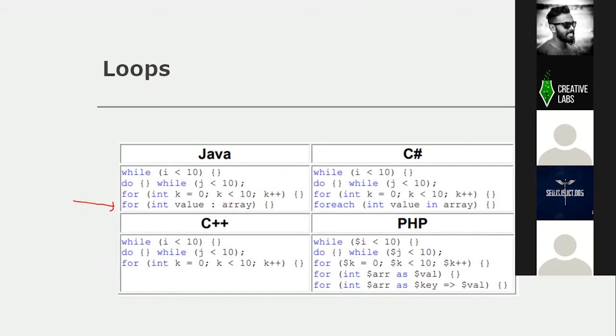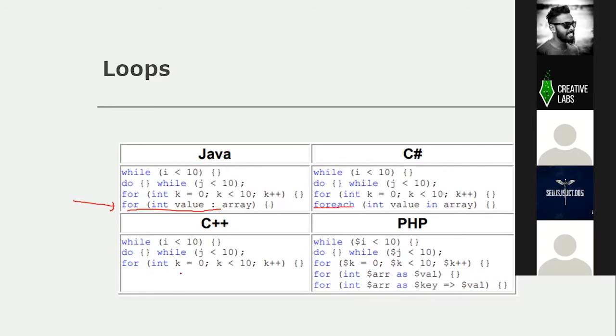So if you are traversing through an array, checking each and every value from an array, you can use this one. This is some kind of for each loop. And the same implementation is done something like this in C#. So here we use the for keyword, but in C# we use the foreach keyword, right, instead of this for. And instead of this colon, we use the in keyword here, right?